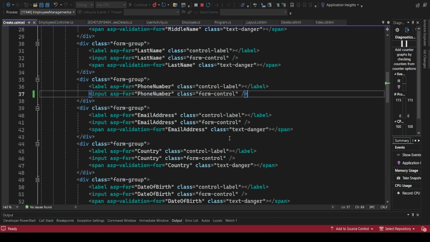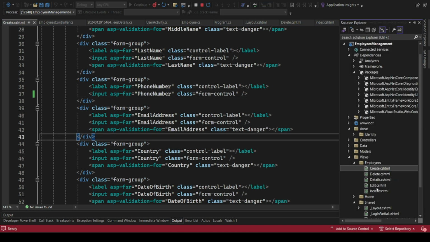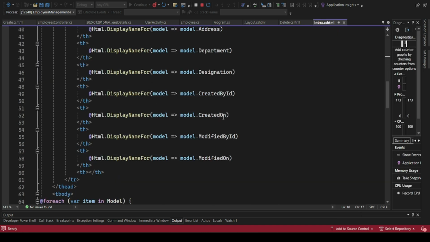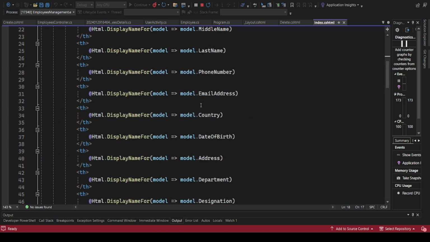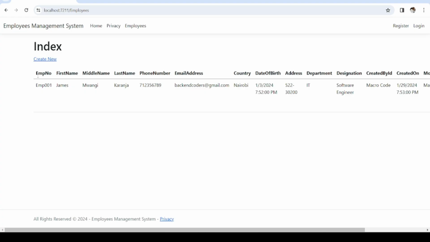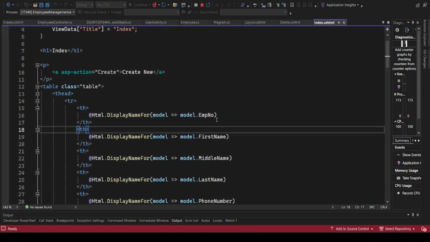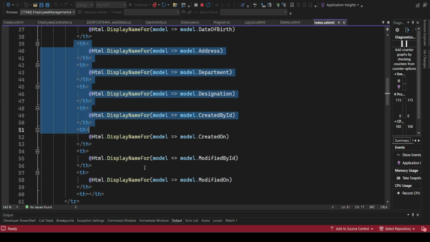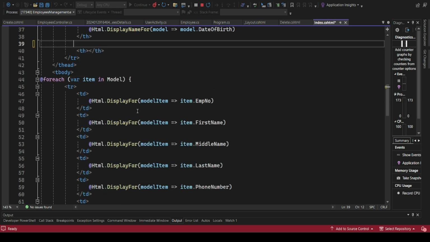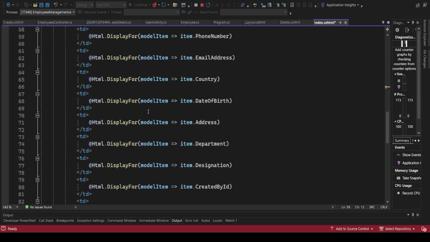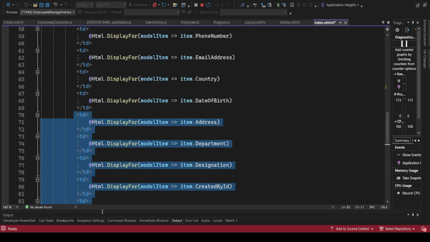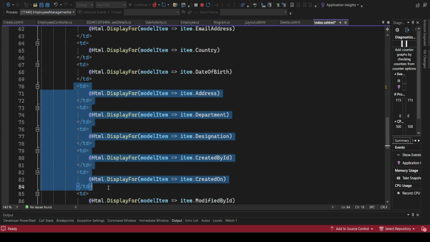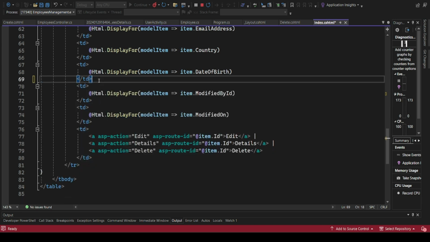But when you come to the index page, we have all these long lists, and I want us just to display a few columns. So what we need to do is remove some of the columns. We can remove from address here up to here. Then you can also remove from the address here up to this point. If we do that, save, then apply our changes,